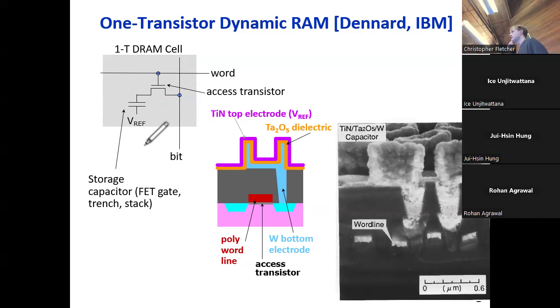I said this was a bucket, but if you remember capacitors from EE40, capacitors leak over time. So this is a leaky bucket. So even if you don't access this value, even if you don't apply a 1 to the word line, the charge on the capacitor is slowly going to drain, and eventually whatever value you have stored on that capacitor is going to disappear. So in addition to this being a destructive read, where whenever you read out you have to write back if you want to read the value again, you're going to have to, in addition to that,